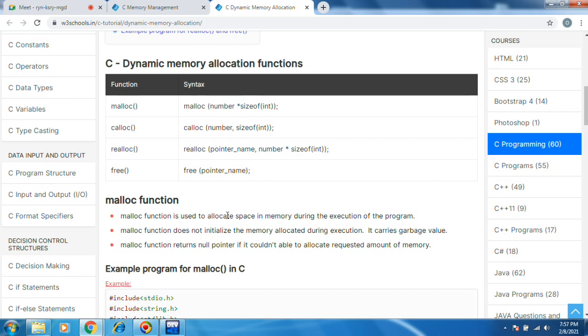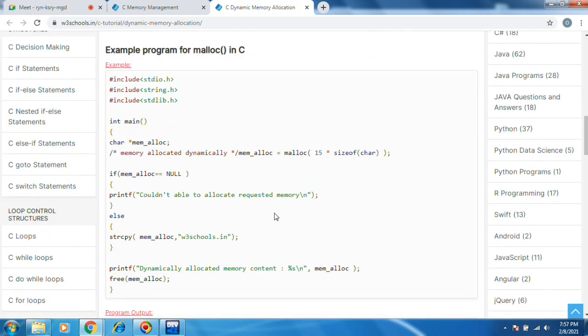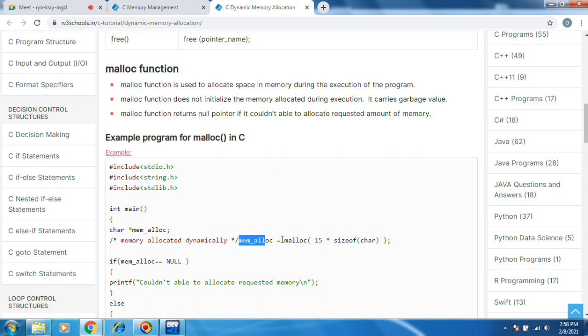Size of int. Let's see one small program using memory allocation. Here we are assigning 15 bytes to this.